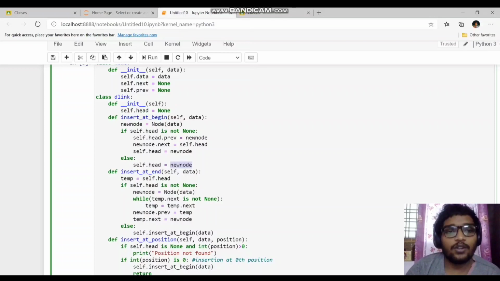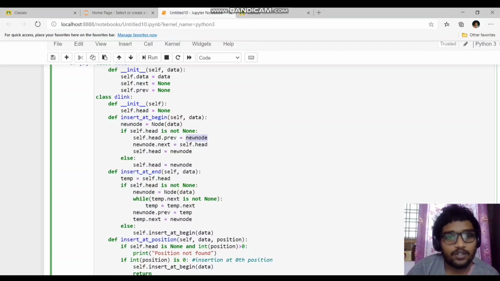Now this is the condition. If self.head is not None, that means the linked list has some nodes in it, and in that case we have to follow this procedure. We have to set the previous first node to point to our new node. So self.head will be pointing to the first node, and the previous field of that initial first node has to now point to our new node, and the next field of our recently inserted new node has to point to the previously first node, right?